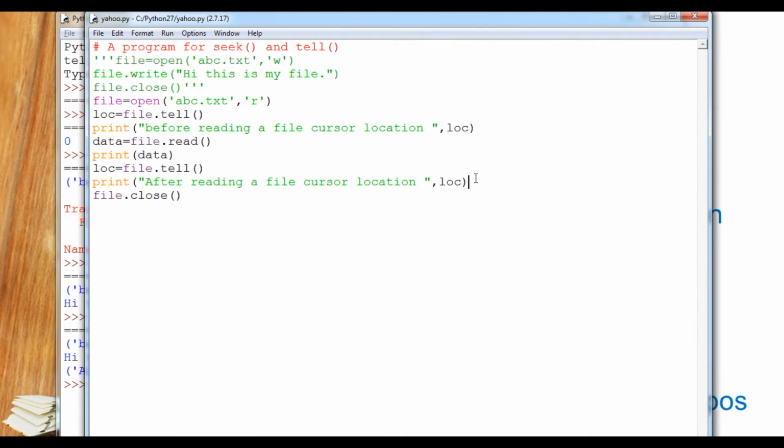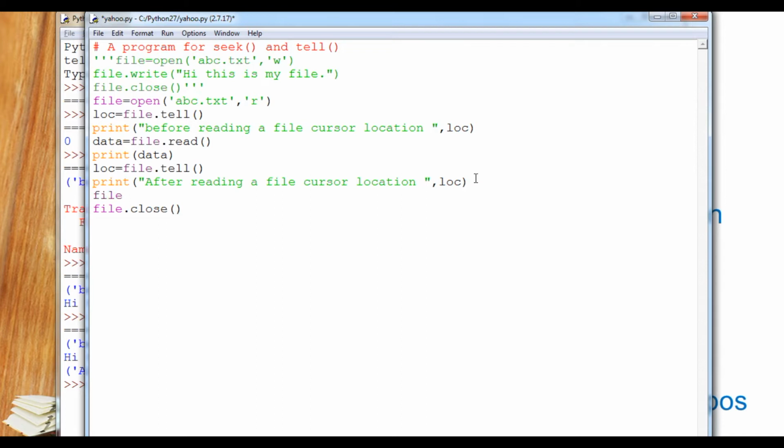Now suppose I am going to read the file again. I would simply open it again in read mode and do the further operations again. To avoid this overhead there is a function, that is seek.